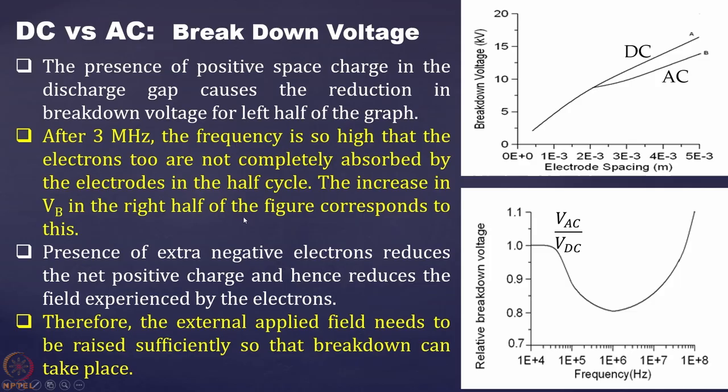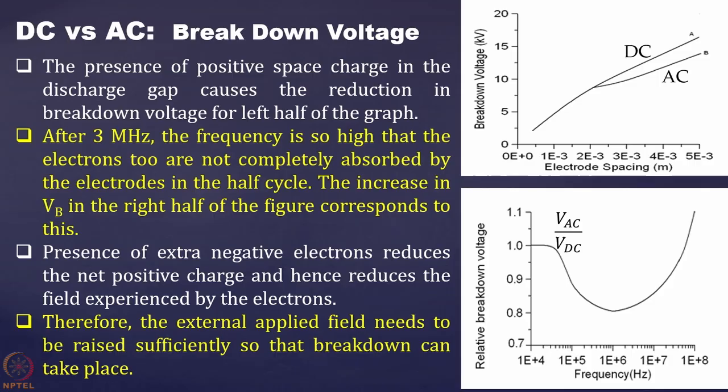So more and more space charge comes into the region of your discharge, producing additional electric field, and they help you to reduce the breakdown voltage. So you reach a minimum and then start increasing, because now the electrons are also not getting cleared. So a frequency comes when neither the electrons nor the ions are getting cleared. The space charges created in the middle move one way and the other, and are not collected by either electrode.